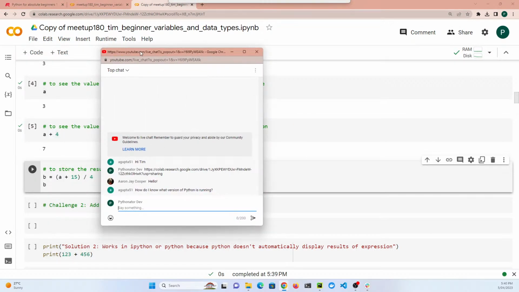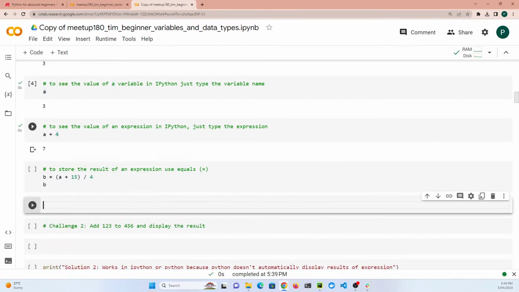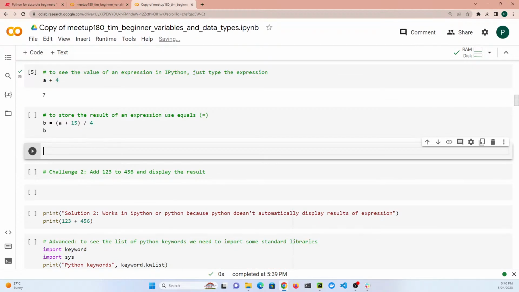How do I know what version of Python is running? Okay, so it's not a standard, I mean it is a standard feature of Python, but it's not one of the built-in functions to tell us what the version is. So we have to import the standard library called sys,